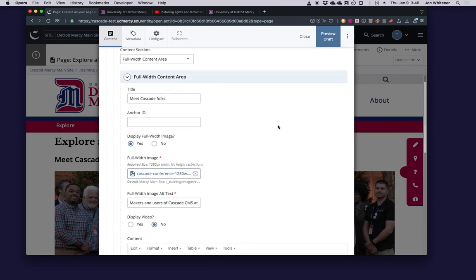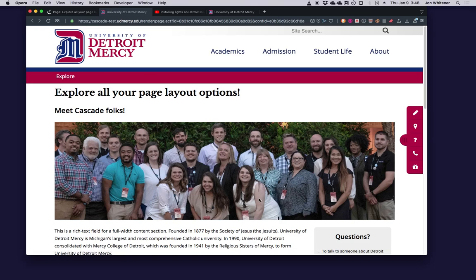content area. But what about this big honking picture we're looking at? Yes, you can insert pictures. I would say up front, if you want to add graphics and pictures to your web page, unless you are an expert, you probably want to talk to someone who is an expert. And so call marketing and communications anytime. If you don't know what optimizing an image for the web means, then you need to work with us.